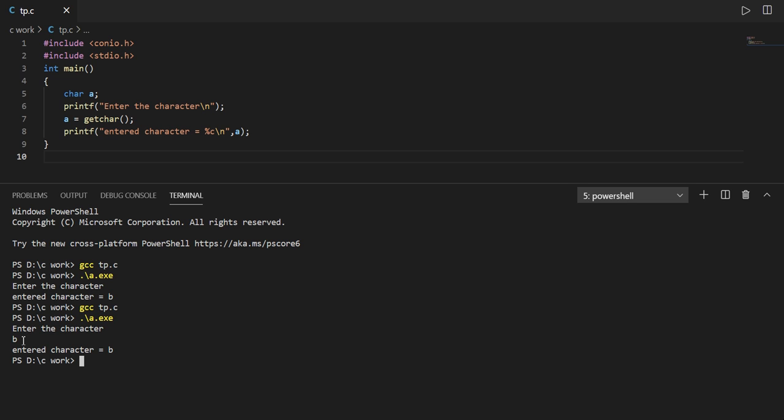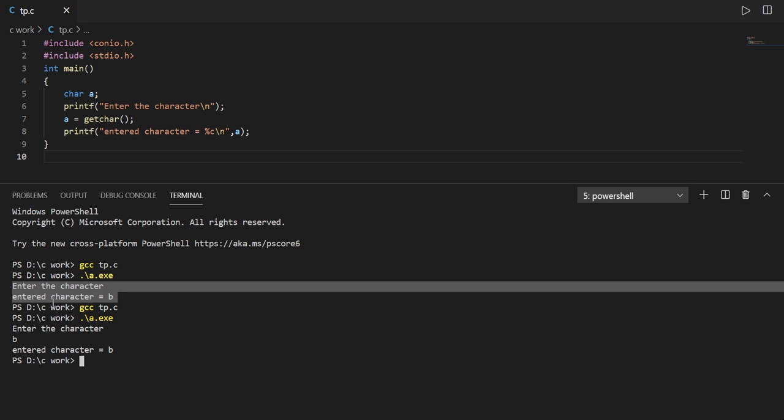What happens is that in the getchar function, when we enter the character through the keyboard, whatever character we entered is visible on the console screen, and after we hit the enter key, the flow will start, but the character we entered will be visible the moment we press it. So that's the difference. In the getchar function, after the character is entered, it will be visible on the console screen, but in the getch function, you can see that the character that we entered, that was B, was not visible. So that's the third difference: the character is visible in the getchar function and in the getch function it is not.